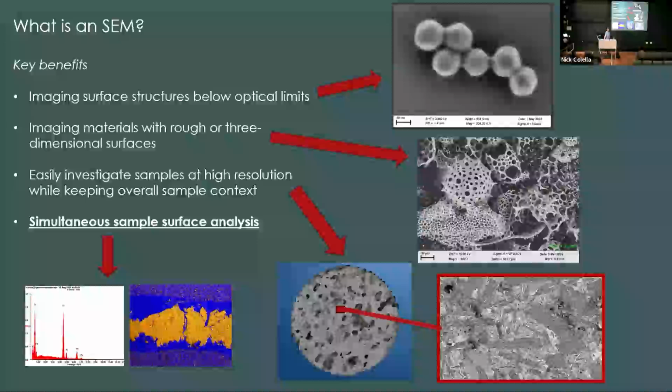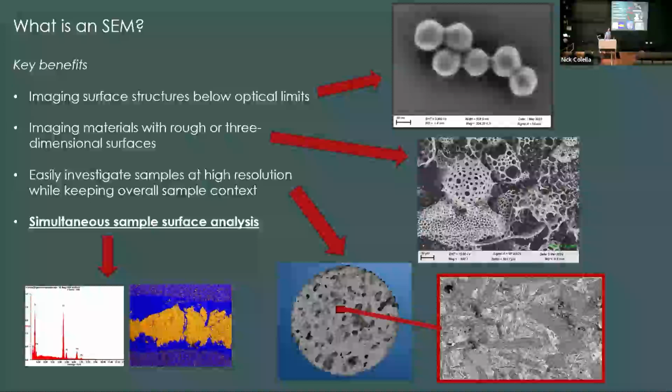One of the really beneficial aspects of it as well is that it's very easy as an operator to maintain this overall high-level contextual view of the sample, starting at low magnification, and then also as you drive around and navigate on the sample, collect high-resolution information about those same locations, so that you're not just taking these high-resolution images in a vacuum. They're tied into the overall nature of the sample surface.